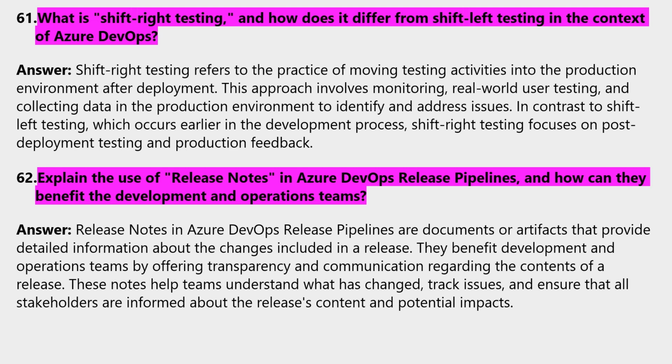feedback. Explain the use of release notes in Azure DevOps release pipelines and how they can benefit the development and operations teams. Answer: release notes in Azure DevOps release pipelines are documents or artifacts that provide detailed information about the changes included in a release. They benefit development and operations teams by offering transparency and communication regarding the contents of a release. These notes help teams understand what has changed, track issues, and ensure that all stakeholders are informed about the release's